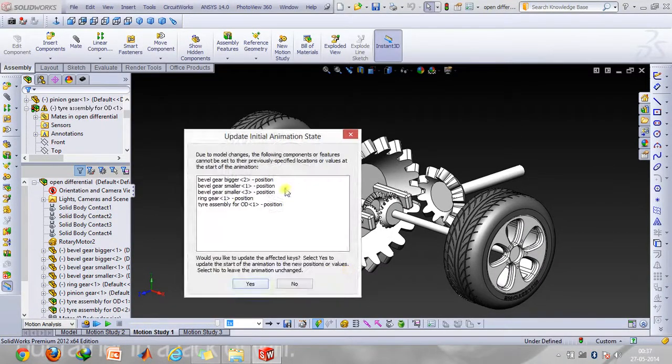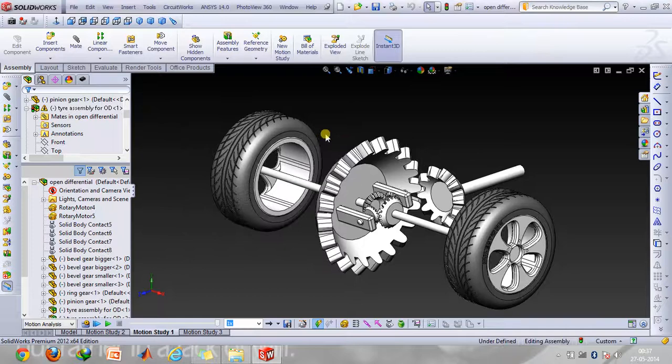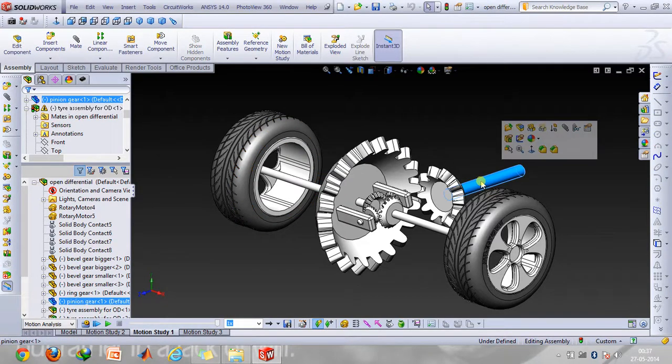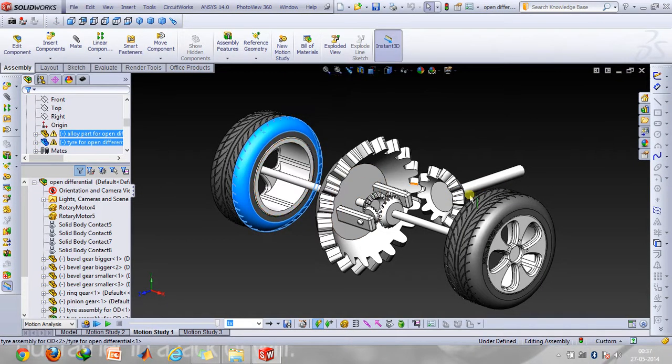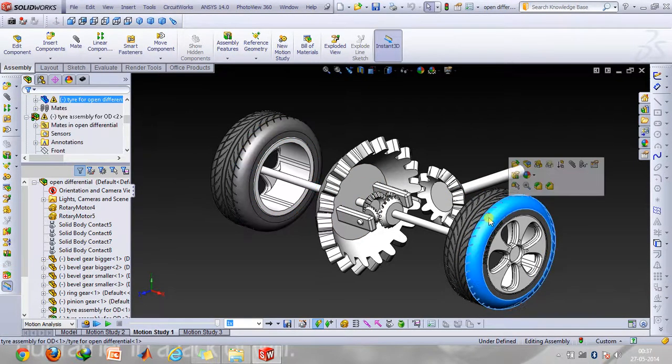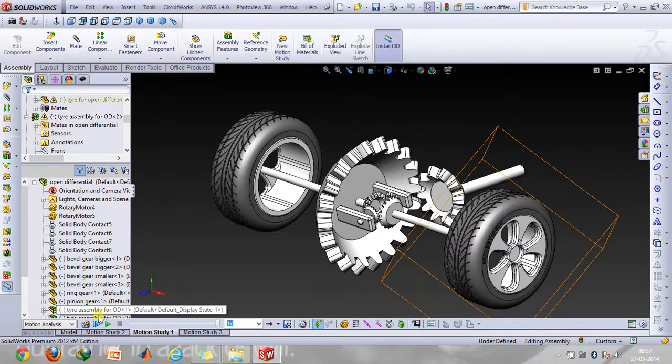So here in this motion study, since the car is moving towards the right, this wheel is traveling faster. So say if this is moving with 10 revolutions per minute, and this is going with 16 rpm, then this wheel will be traveling in the forward direction with 4 revolutions per minute. So let's play the animation.